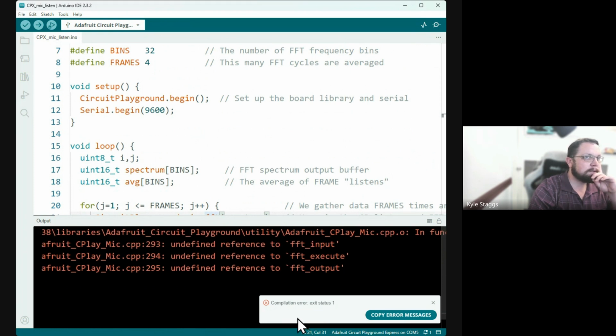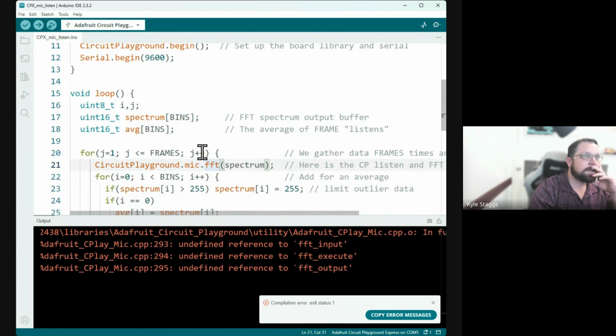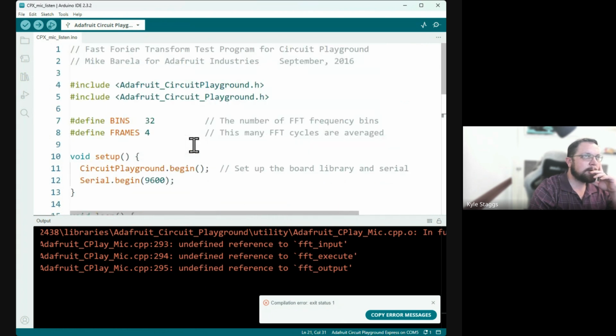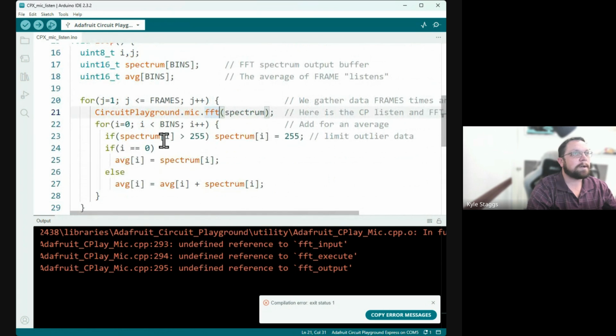Because the FFT, yeah, the FFT has an issue. I think that's supposed to be in that library, but I'll have to go back and look and see. I may have a version of the library where the FFT version is not defined, and that would create that particular kind of error. And I don't remember